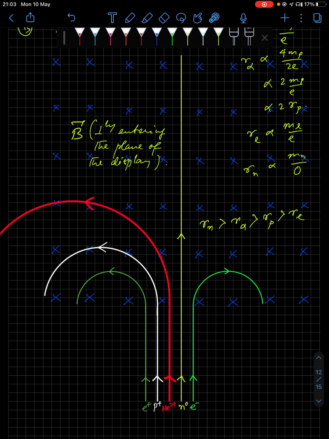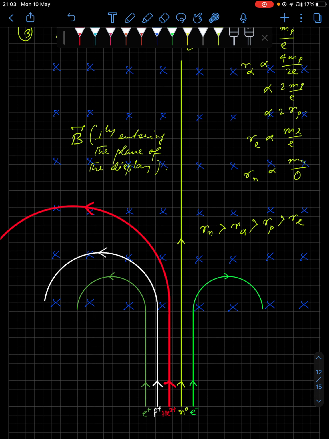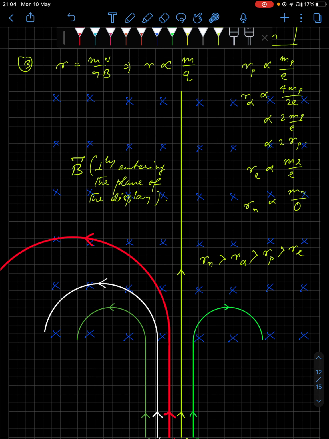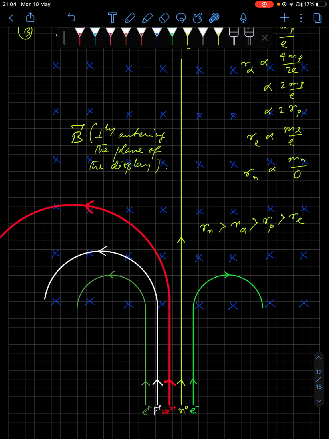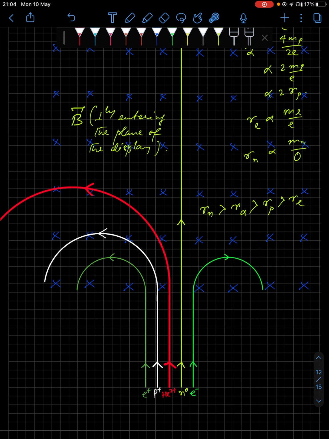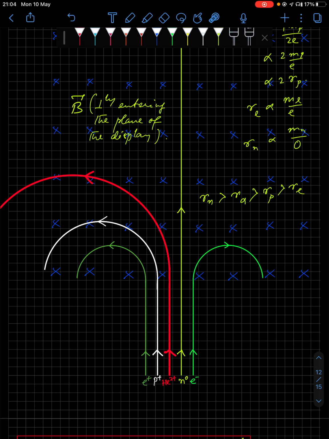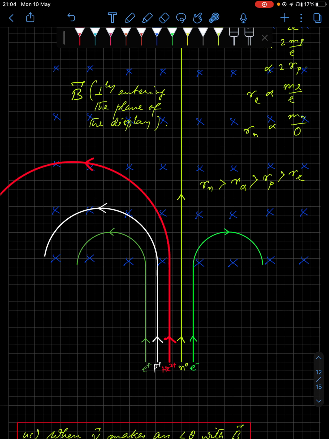So you can do a homework, and you can share your work with me. Just one thing you can do is, if the magnetic field is directed outside the page, work out the same figure again. Of course, that will be pretty simple, but still I want you to work that out. And secondly, work out a similar plot for electron, positron, proton, neutron, alpha that I have shown, and lithium 2 plus you can include. You can just find out the trajectory of lithium. Okay, I'm leaving that on you.